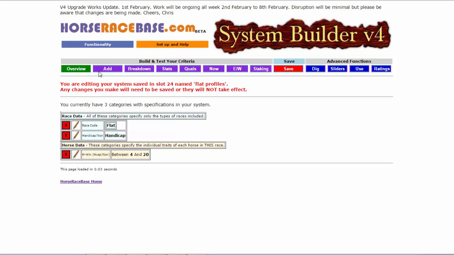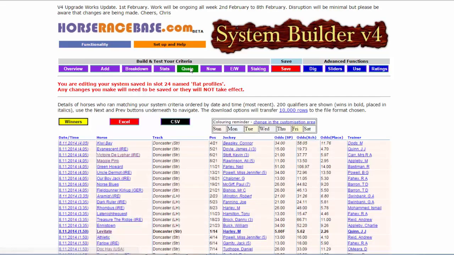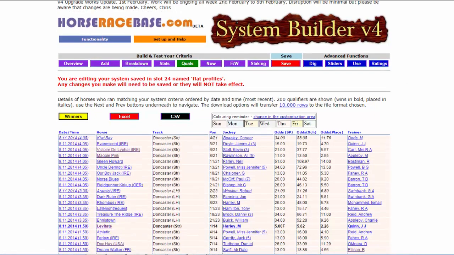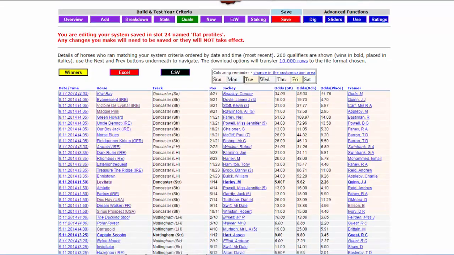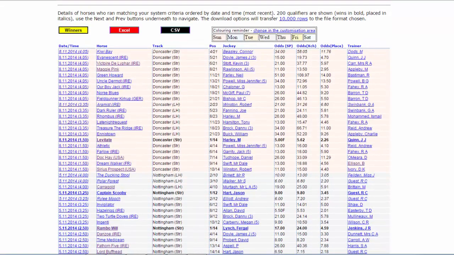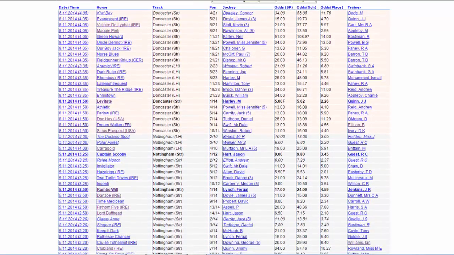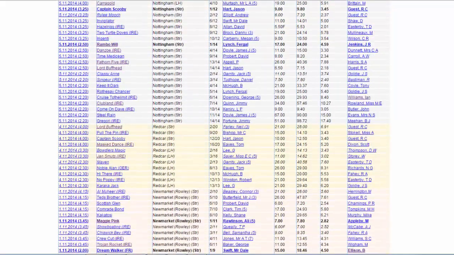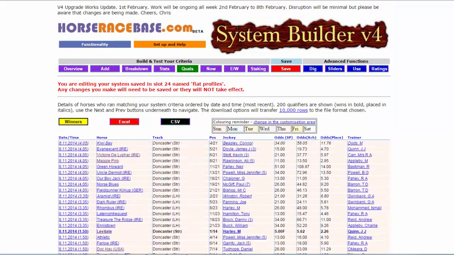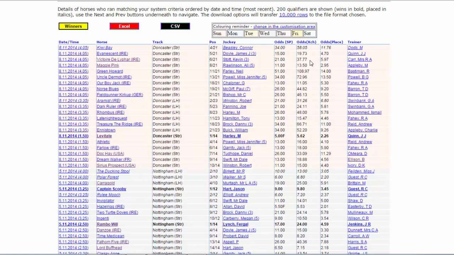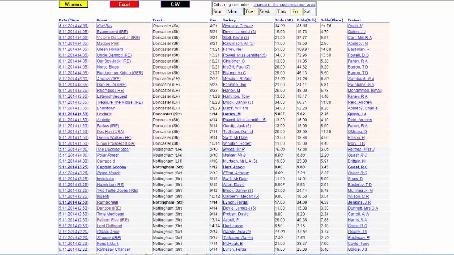And that just means I can then go to qualifiers, and it brings up a list of horses that fit those criteria, so that have ran in a flat handicap and have won 4 handicaps at least in their career. Now I've gone through a lot of these, and there's no other way to do it really, bar clicking on every single horse and looking to identify a profile. That's how I like to do it. It means I don't miss anything,